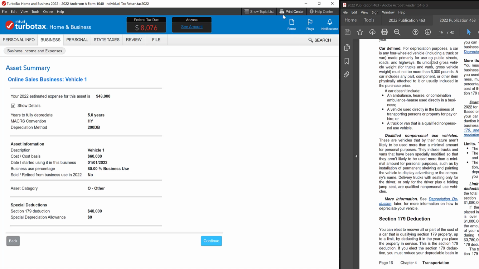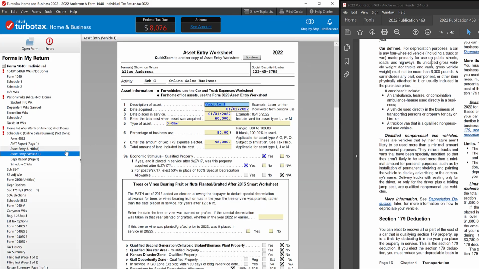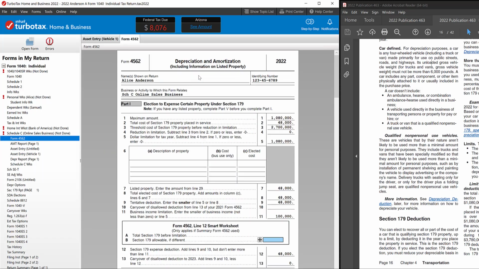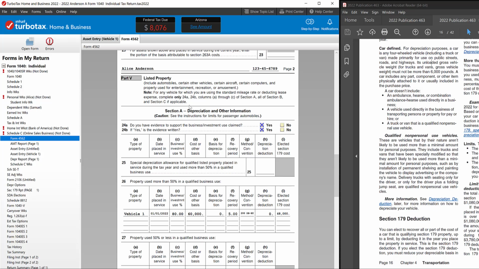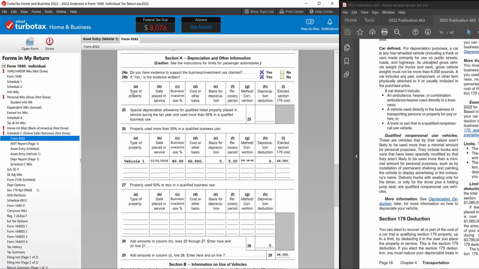Now let's go over here to Forms. You can go up here to this area right here, Forms View. We're going to go to the 4562, which is the form where depreciation and amortization of assets for your business, including listed property, is all summarized. So this is the Form 4562. If you go down to listed property down here, which is Part 5, all the way down here, property used more than 50% in a qualified business. Here's our vehicle. Here is our business use. Here's our cost. And over here, elected Section 179 cost,